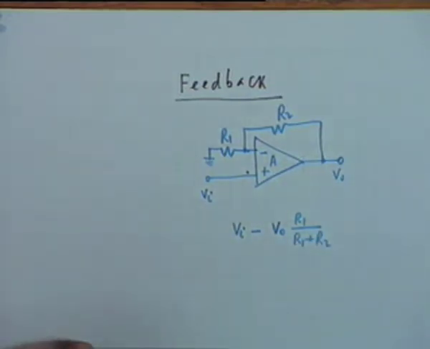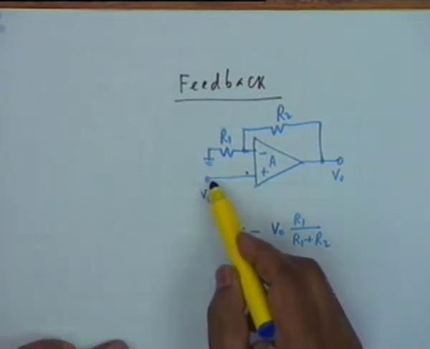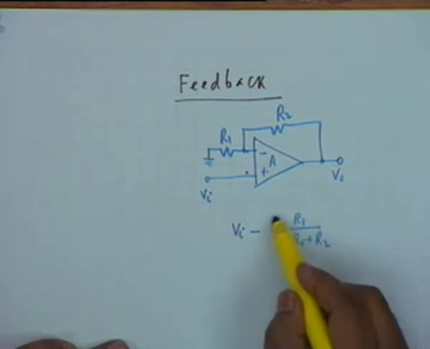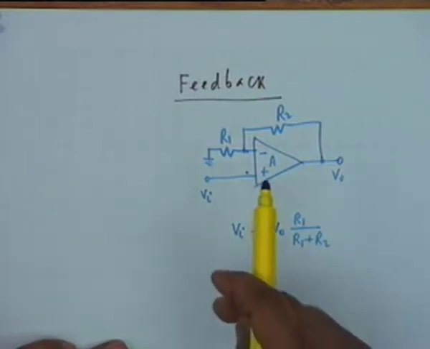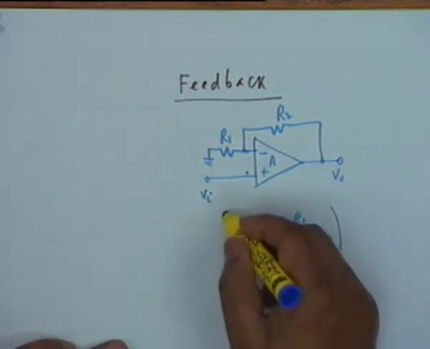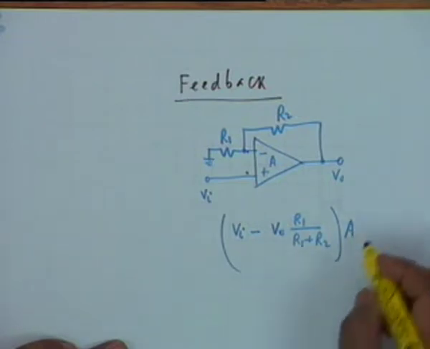Is that clear? This is the actual input, and therefore the input that is applied to the amplifier is being modified by the output. A part of the output is being fed back to the input, and this multiplied by A is equal to